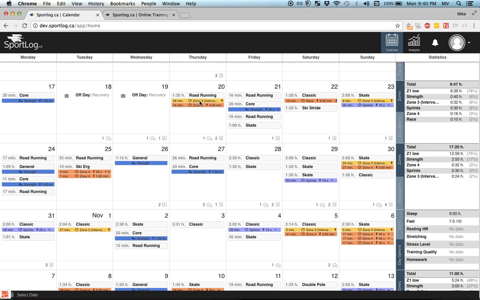Zone 3, which is denoted by this yellowy color, and this off orange color, which is zone 4. So it's just a little snapshot, and it talks about how much time that you spent in each of those zones, and it's a quick and easy way to look at what you're logging or what you've done for the past few weeks in the dashboard. Clicking on these tabs will bring up